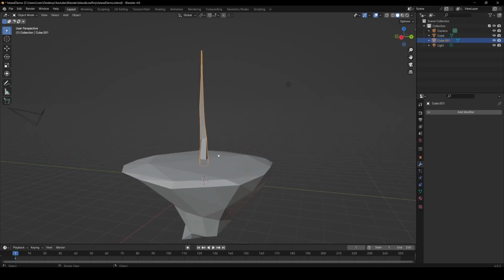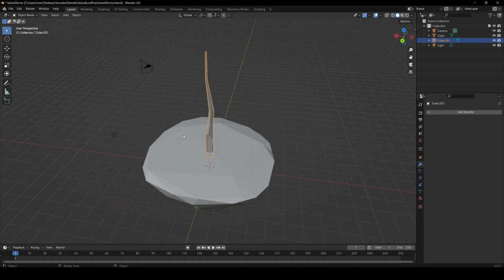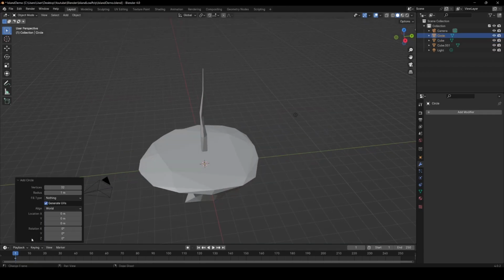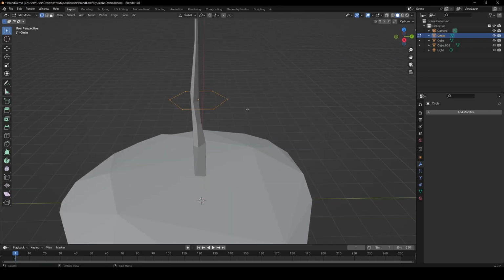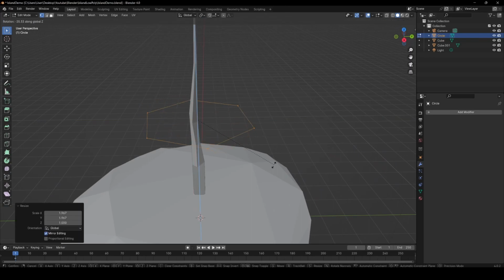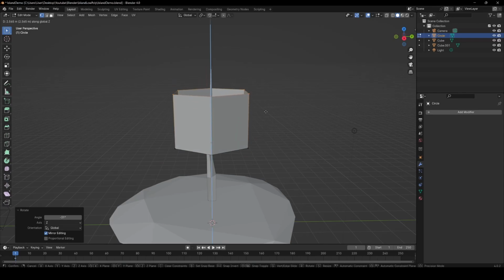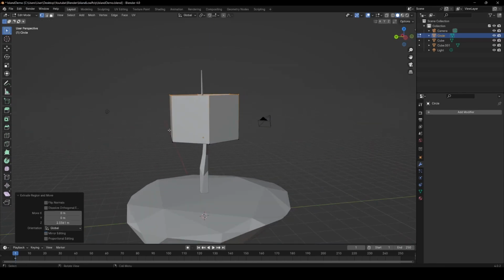So you can see how quick all this low poly stuff is. Cool. Now let's start thinking about leaves. Again, I have a design I'm going off here, so I'm going to add a circle, give it maybe 6 vertices, so very low poly. Bring this around, and now I'm going to extrude up, hit Z to lock it to the axis, and